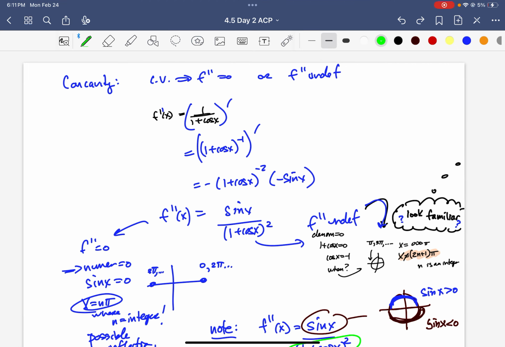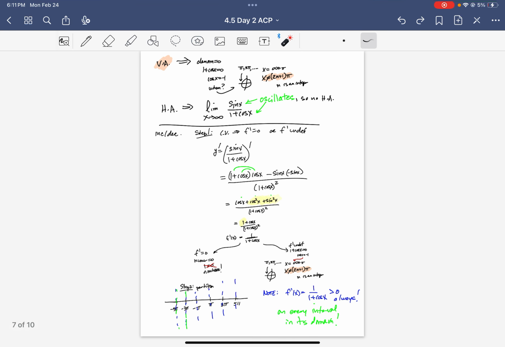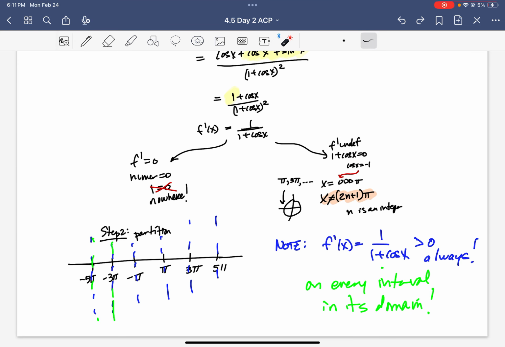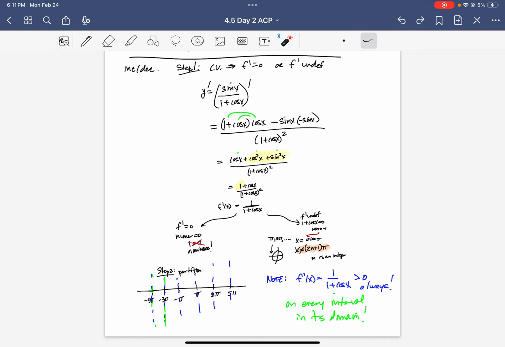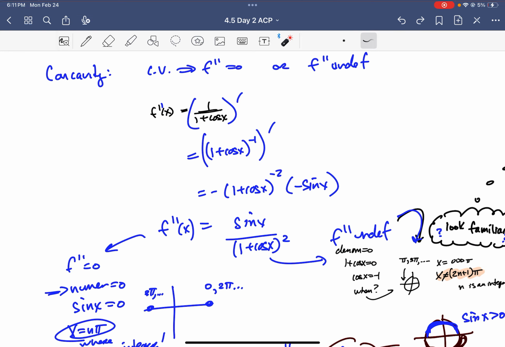If we come over here and we look at concavity, we take a second derivative. Also, we notice that since it is increasing always on its domain, then we're not going to have any local mins or maxes. Second derivative,